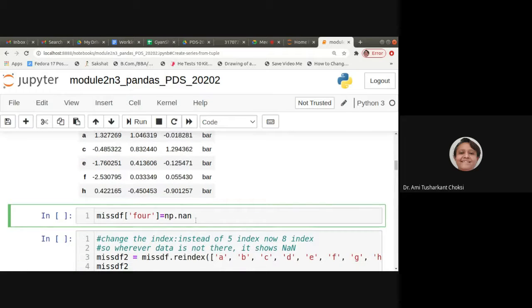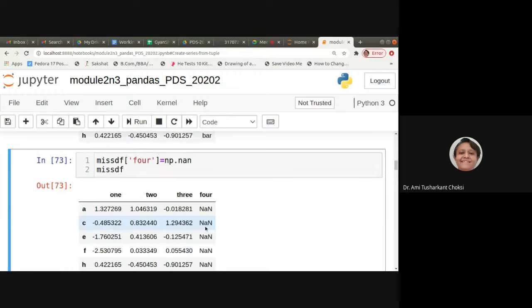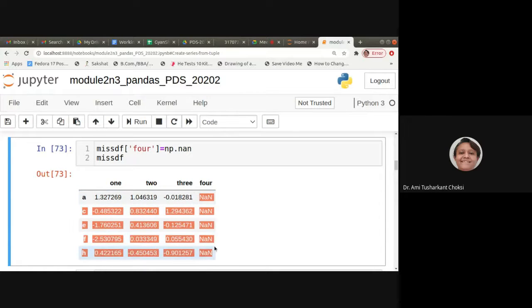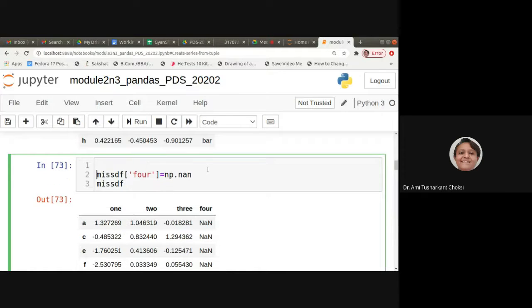And then afterwards I'll be printing missdf. So can we say that we have created the missing value? Yes, we have created the missing value, isn't it? This way we can say we created the missing value, right?